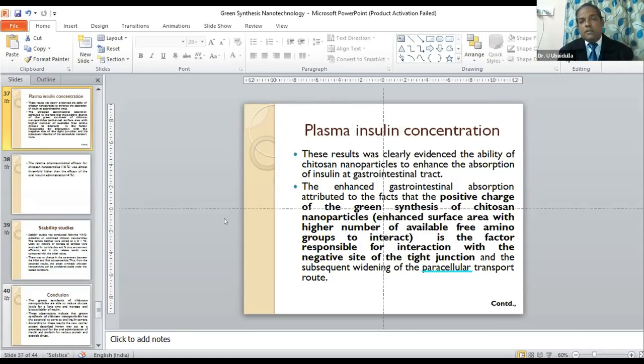The plasma insulin concentration results clearly show the ability of chitosan nanoparticles to enhance the absorption of insulin in the gastrointestinal tract. Insulin is a high molecular weight protein drug, so it is very difficult for it to permeate. But if you use chitosan as a carrier, then chitosan may be helpful for the permeability of the insulin